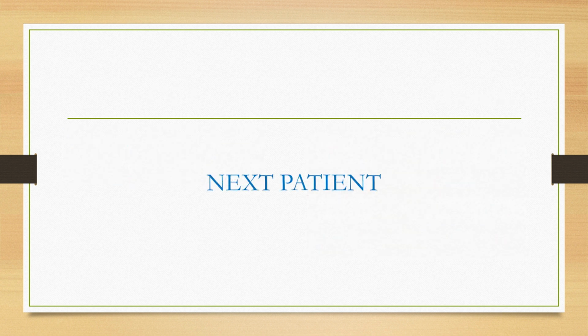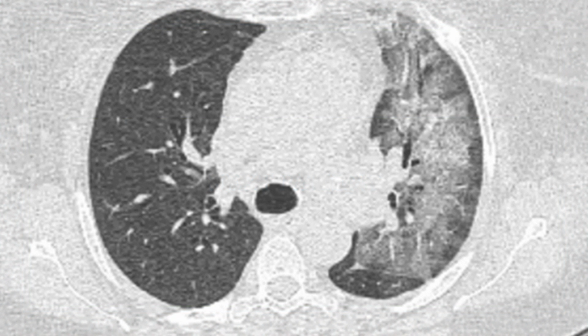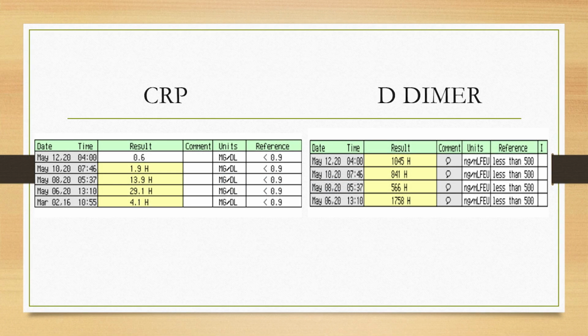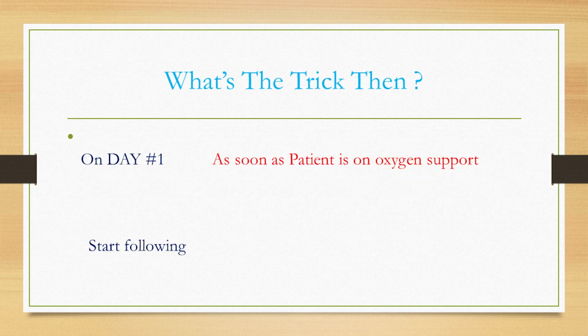And the next patient, similarly, we have the CAT scan findings and the inflammatory markers. They are improving on the treatment. So what's the trick? This is very key. The key thing is to start treatment on day one. As I said, these patients are happily hypoxic. What that means is